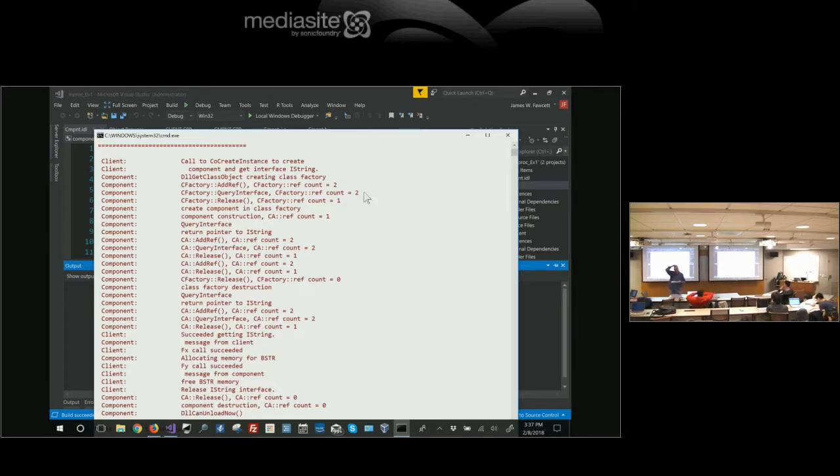So what I'm doing, I'm saying, here's what the client is doing, here's what the component is doing. I'm trying to make that obvious. Okay, and we'll go back and talk about it after we've looked at the code. So now here comes the definition of the component. So this is the class inside the component. So if we look at